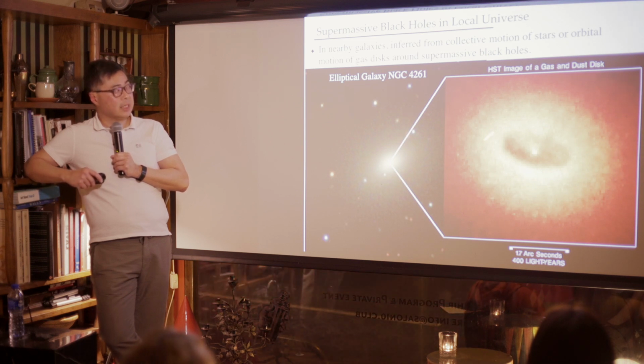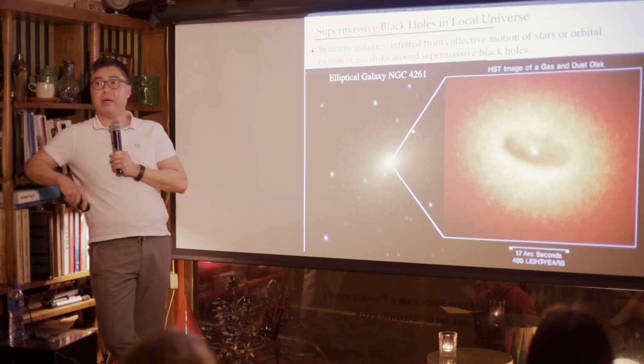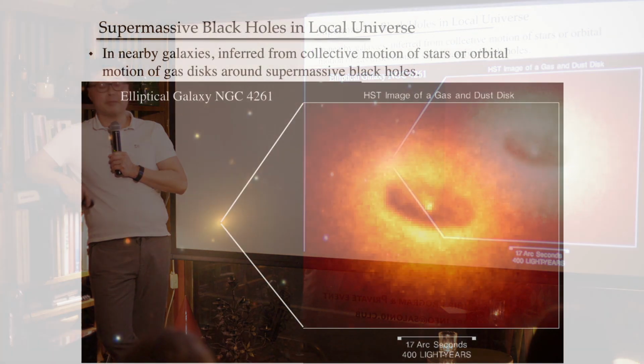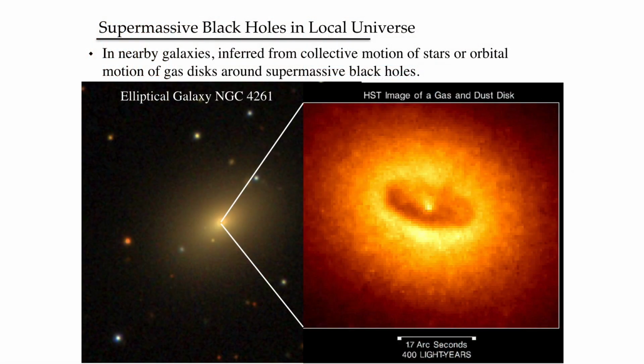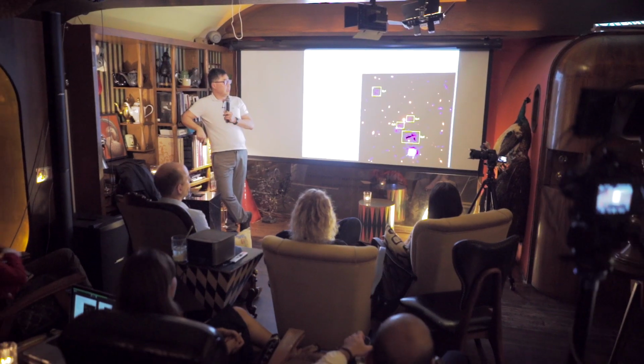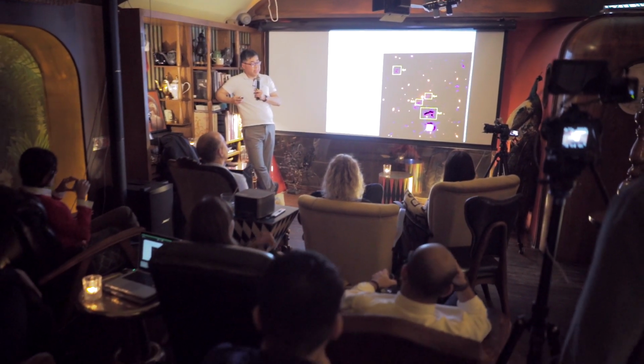So this is a disk of gas around the center of a nearby elliptical galaxy. From the motion of the gas orbiting this center, we can figure out what the mass of the supermassive black hole is, in exactly the same way as we figure out the mass of the sun. How do we know what the mass of the sun is? It's by measuring the orbits of planets around the sun. All right. I'm going to show you work that my student has done,